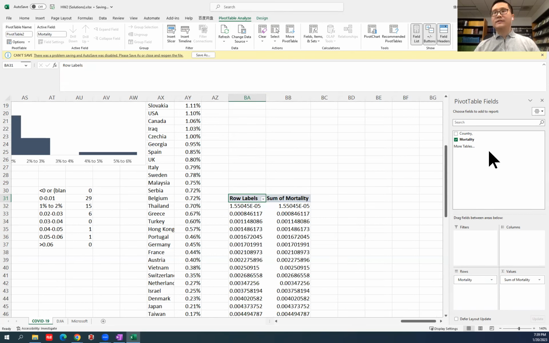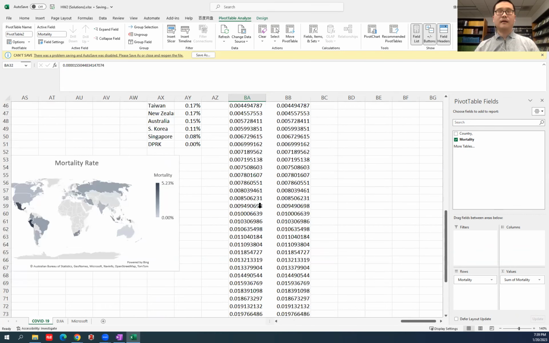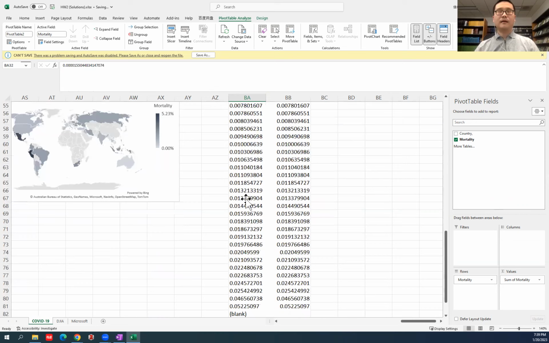If you drag mortality rate to both rows and values, you notice that by default it gives you the unique values of mortality rates. Because we have 50 countries and regions, this is by default also 50 of them, right? Yes, count is 50. But note that our homework question would like us to build a range for